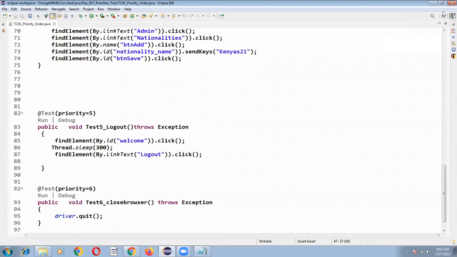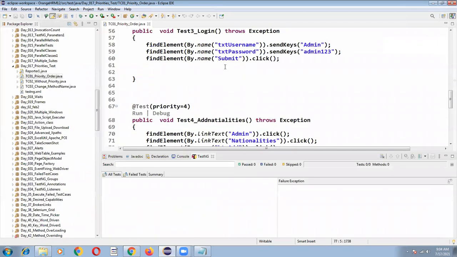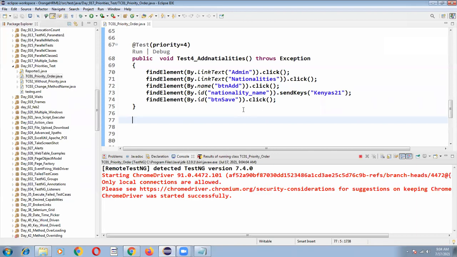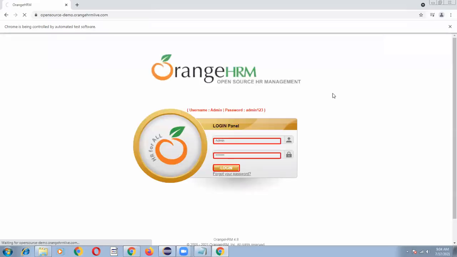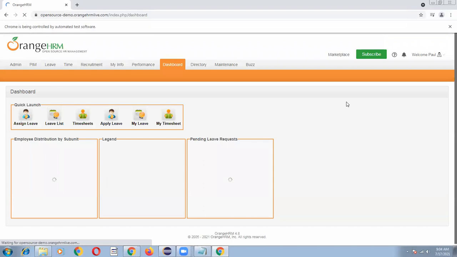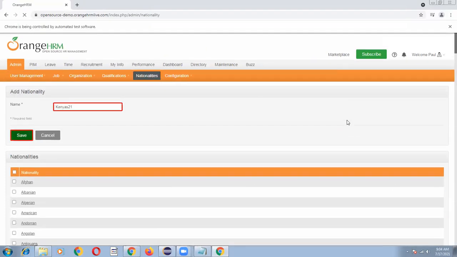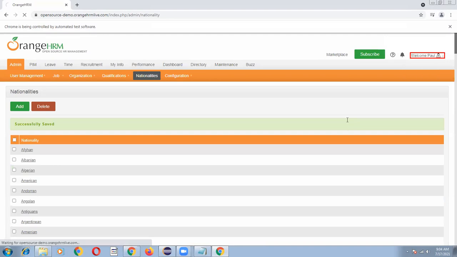Okay, now let me run my program. This TestNG class contains multiple test methods, and in the earlier days of Selenium people followed this approach. Nowadays people are not following it. But if a class contains multiple test methods and you want to execute them as per priority order, you can specify it like that. That's it, very simple concept.